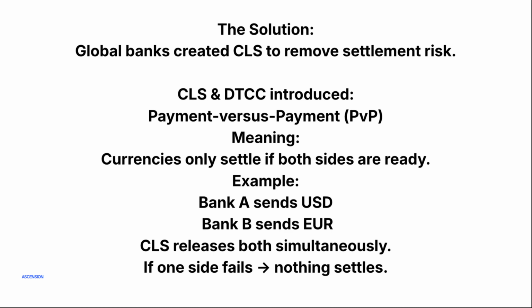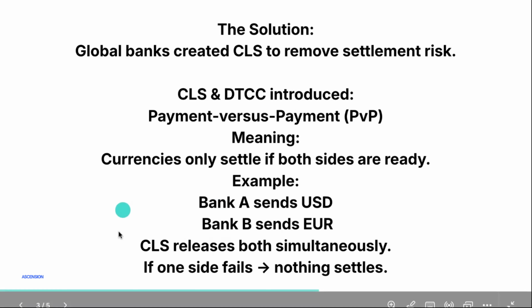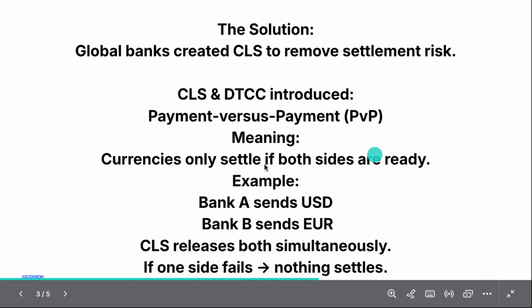CLS releases both simultaneously. You know what happens when this gets released both simultaneously? That is when we see distribution in the market, meaning that is when we see volume come into the market. If one side fails, nothing is settled. And that is what the CLS does. It protects the banks